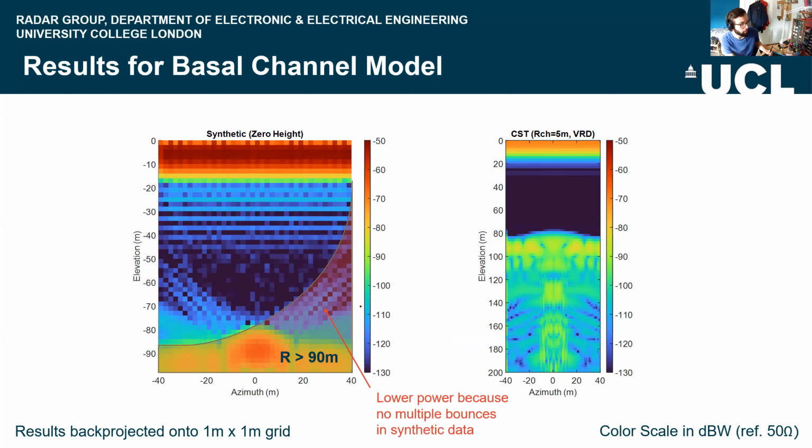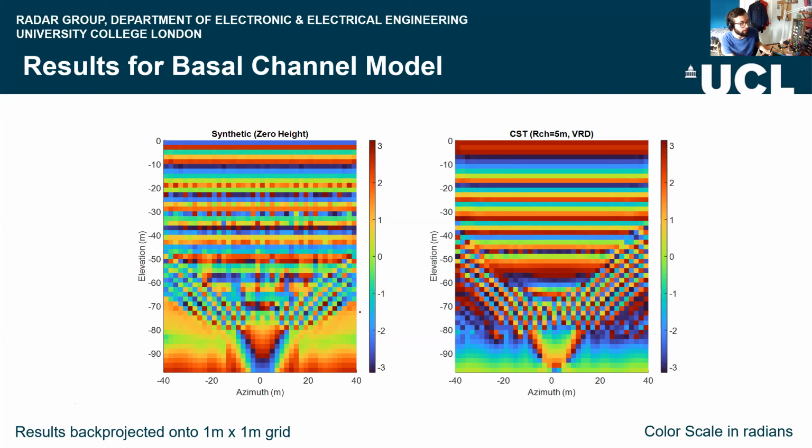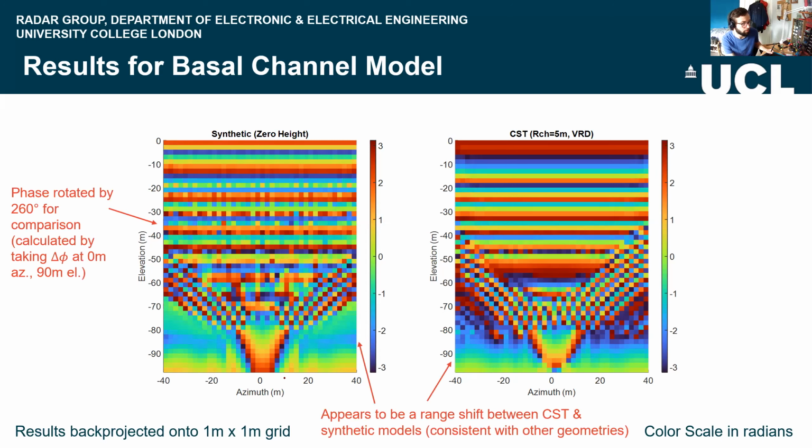This is the phase. So these were amplitude plots in power. These are the phase plots. So what I've done is shift the phase based on the difference at the center top of our conduit here. So I've compared those values, shifted the phase response accordingly, and we can see that, broadly speaking, the phase response is comparable. There's this range shift that I've mentioned between the two